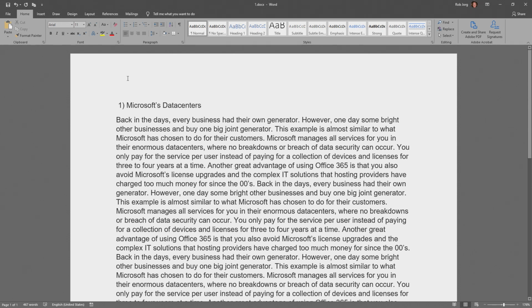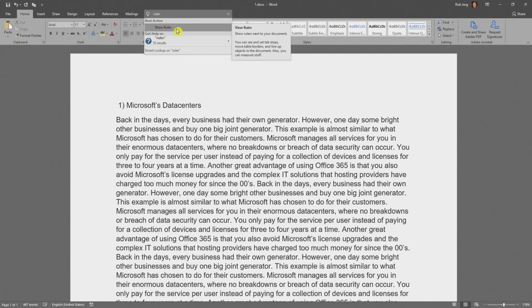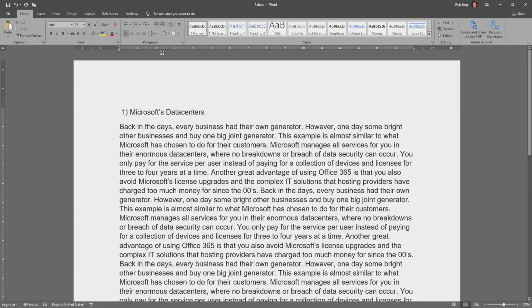There's another thing that's missing, and that's the ruler. If you have a question, because you can't find something, you just type in ruler. And now you have the option, best action, show ruler. And now I have the ruler. You can change the way Word looks over here.